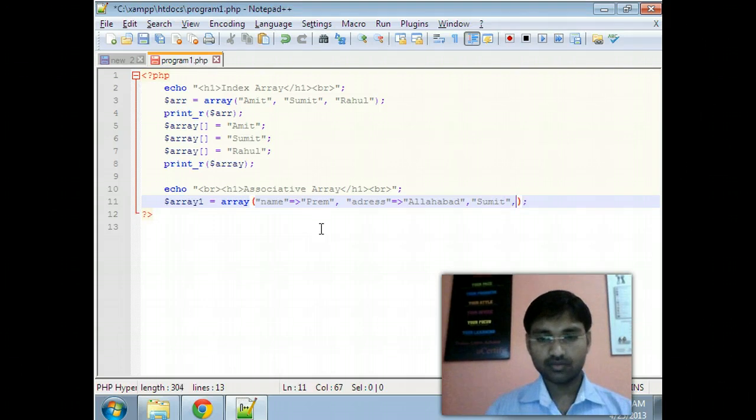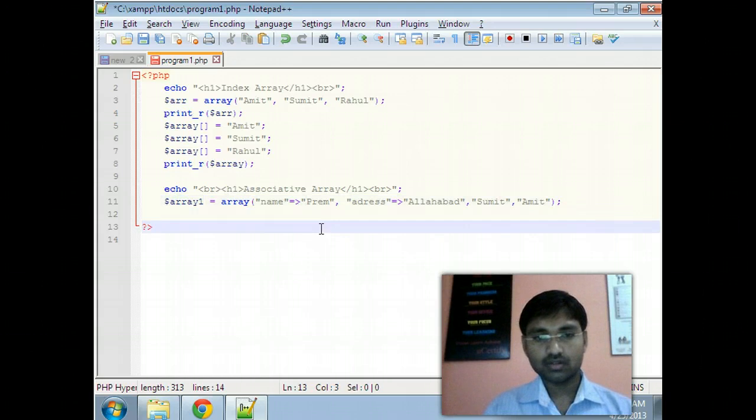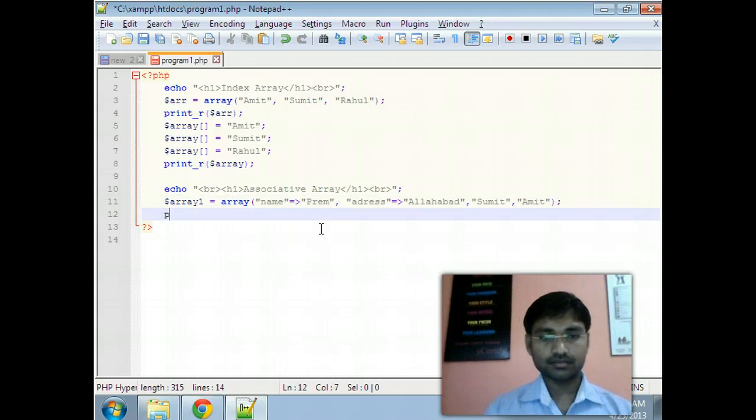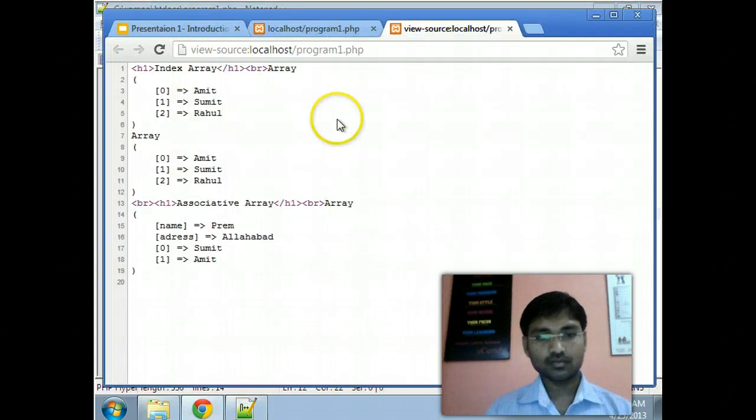So if you want to print this, it will show two indexes, one name and second address, other than that two values will be stored on 0 and 1 index. Here we can easily see that first index is name, storing Prem, and second index is address, storing Allahabad, and we did not provide the index of Sumit and Amit, so it is taking 0 and 1.